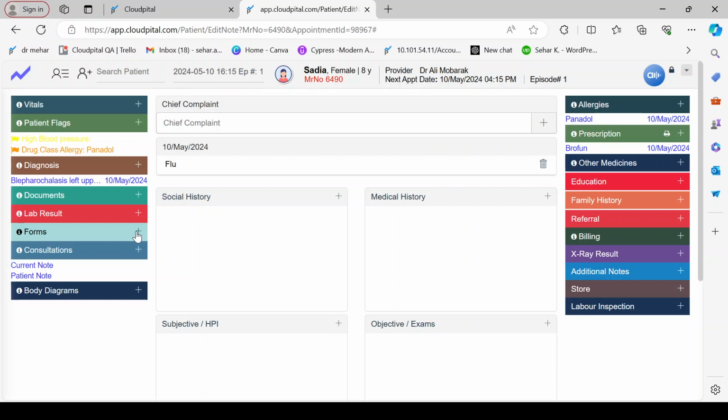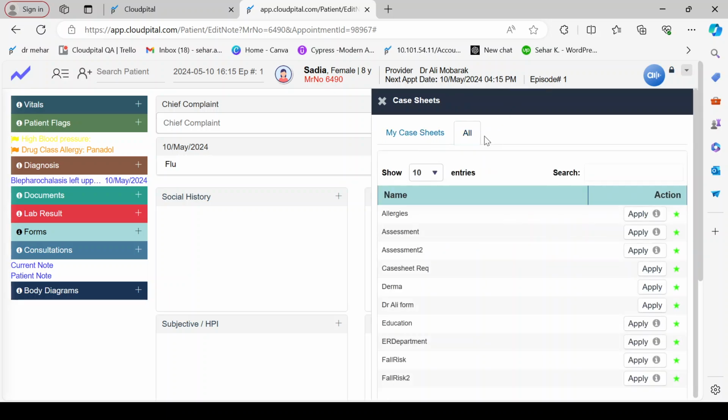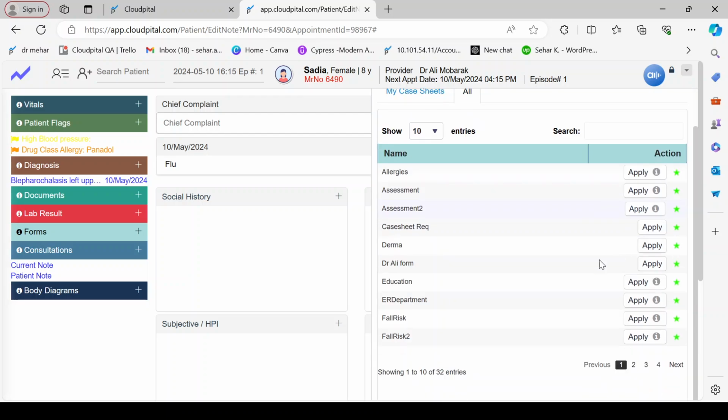After that, we have our forms. We have a complete forms procedure process in our system, and we can create multiple types of case sheets. We can create multiple types of forms because we have a separate form module here, where we can add multiple forms according to their specialty and subspecialty. There are two types of form. The first one is a system generated form, and the next one is a predefined form, where we can create multiple forms like this one.